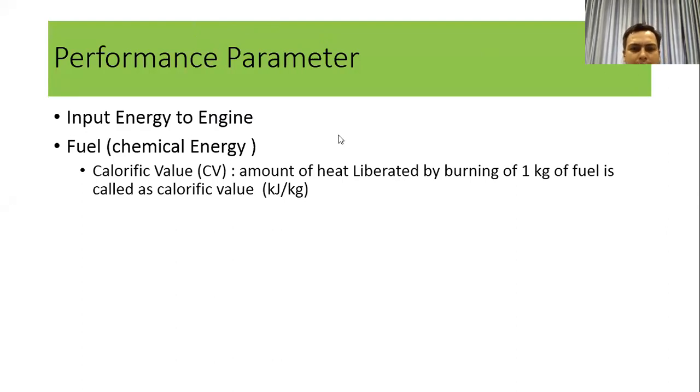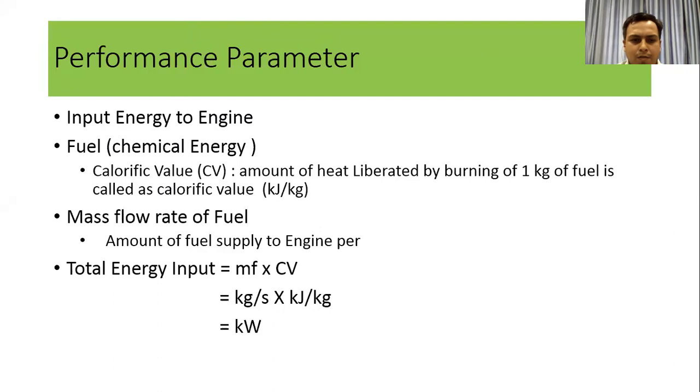So now let us start again. We stopped at the point of how we calculate the energy input to the engine. For fuel, we supply different types of fuels to the engine, and we get the energy which is stored in the form of chemical energy inside the fuels. So we calculate the energy from two basic terms, that is the calorific value of the fuel and the mass flow rate of the fuels. Mass flow rate means the amount of fuel that we supply to the engine per hour, and we need to convert it into seconds.